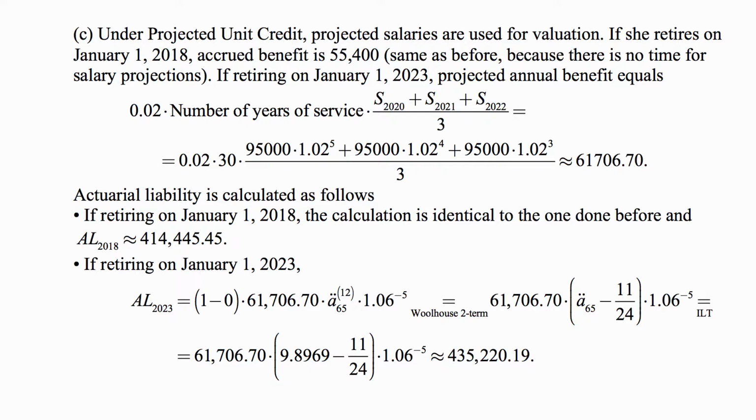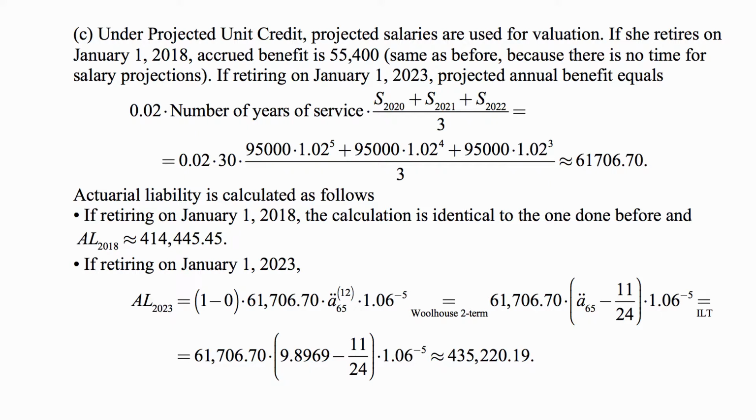For Part C, under projected unit credit, projected salaries are used for valuation. Now, if she retires on January 1st, 2018, the accrued benefit is 55,400, same as before, because there are no salaries to project. She is retiring at the time. And so the accrued benefit is 55,400. If retiring on January 1st, 2023, the projected annual benefit will be different because her salary will go up. Now, a very important observation here is that we don't include those future years of service that she hasn't done yet,